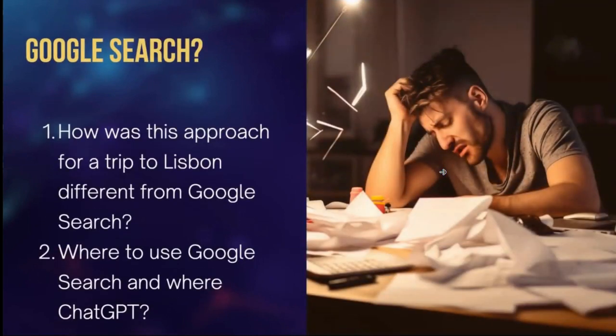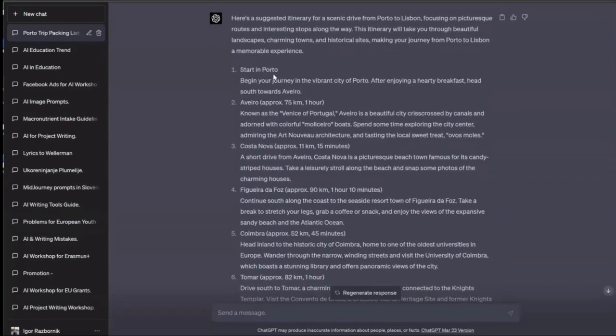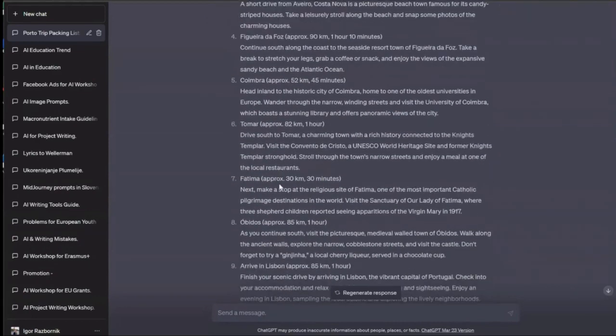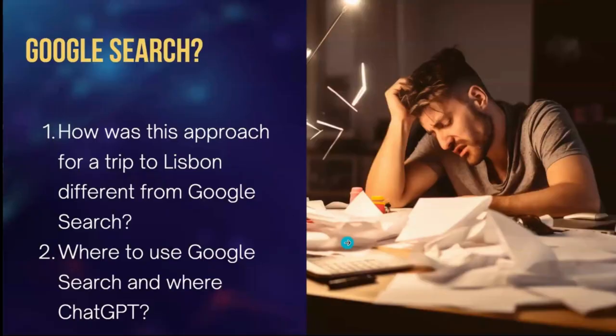The same thing we have here: go to Porto, Costa Nova, Figueira, Coimbra, Tomar, Fatima, Obidos, and then Lisbon. Try to figure out how much work you would have if you did this with a Google search. Totally different approach.